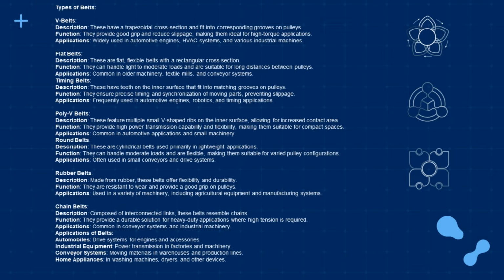Timing belts. Description: these have teeth on the inner surface that fit into matching grooves on pulleys. Function: they ensure precise timing and synchronization of moving parts, preventing slippage. Applications: